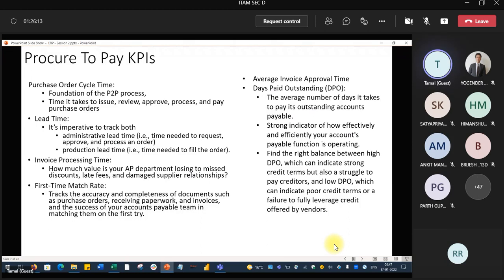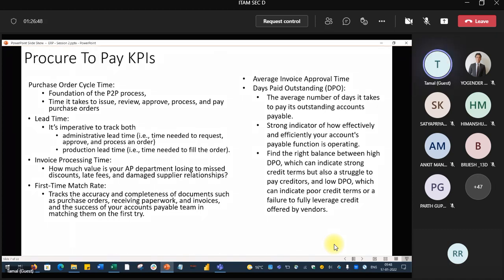You have to see the last line: it is a strong indicator of how efficiently the account payable department is working. So you can measure it very easily because all the data are there. Find the right balance with a high DPO, which is indicative of strong credit terms. If you have a high DPO, basically you keep the money for a long period, long outstanding. So you have good credit terms.